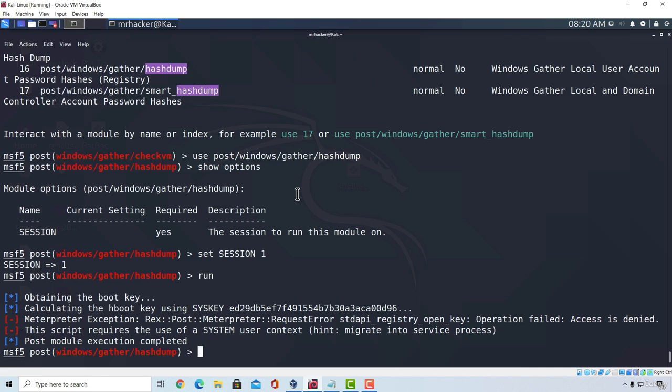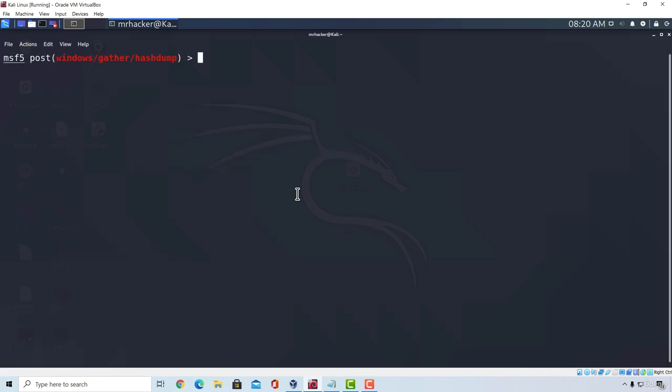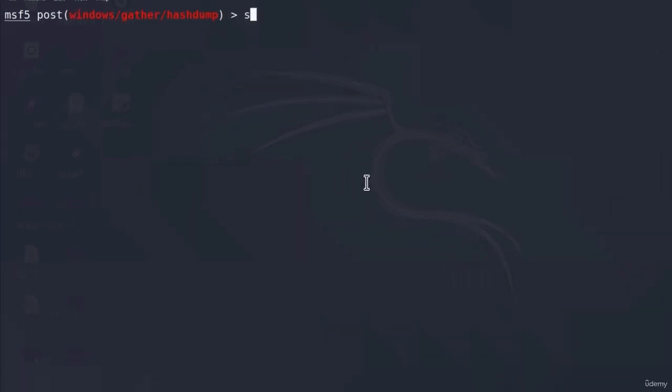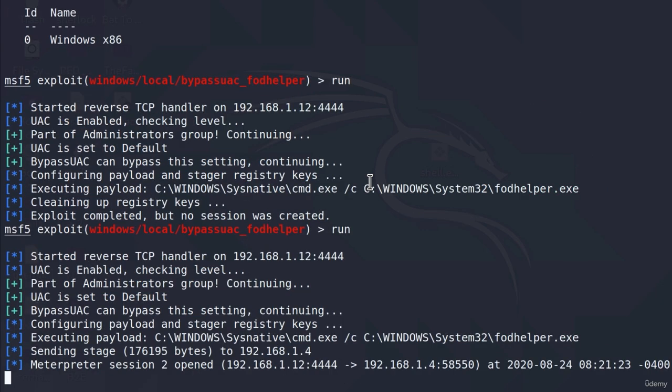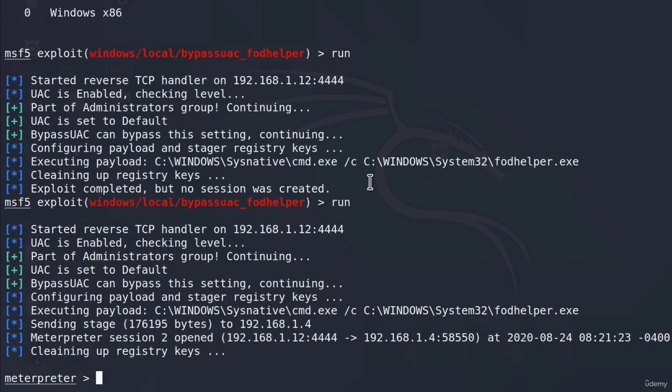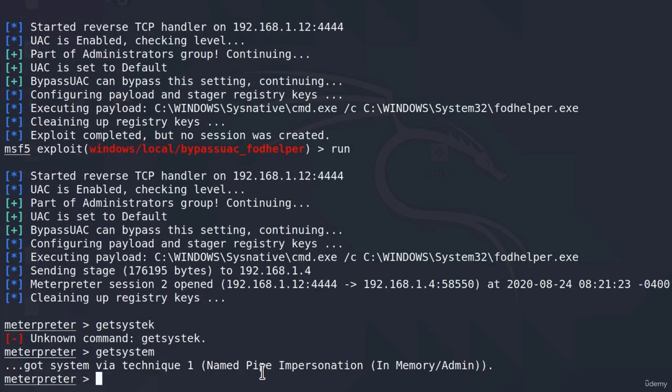So this simply means that I'm not a system level account. We know how we can fix that, so I'm just going to do that real quick, just to show you what this #dump post-exploitation module outputs once it works. So I'm going to real quick elevate privileges. And here it is, the privilege escalation worked from the second try,